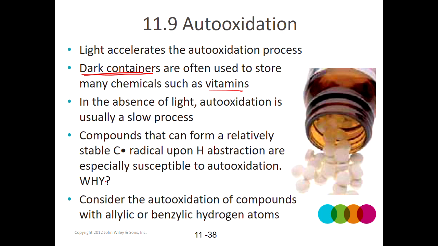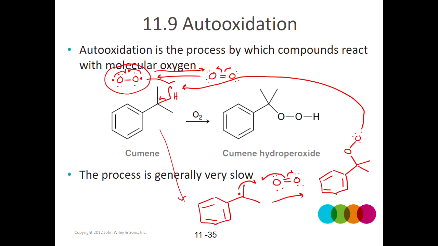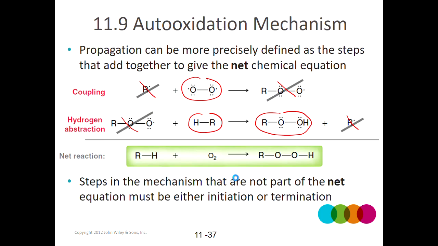We already said this, so this is another key point. If you have a compound that has allylic or benzylic hydrogens, it's especially susceptible to autooxidation, right? We said that back here, because this hydrogen abstraction produces such a relatively stable free radical, it makes the process happen more often. It doesn't take a really high energy transition state to get through the process. And that means that